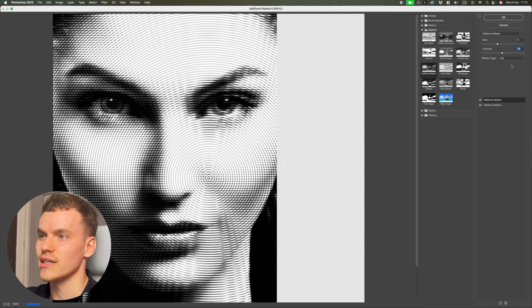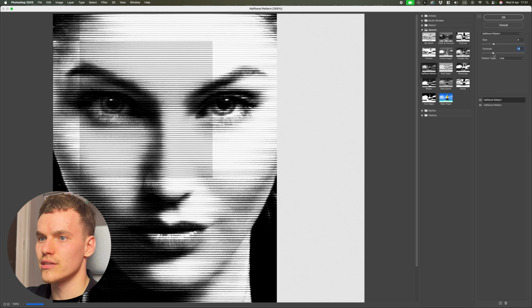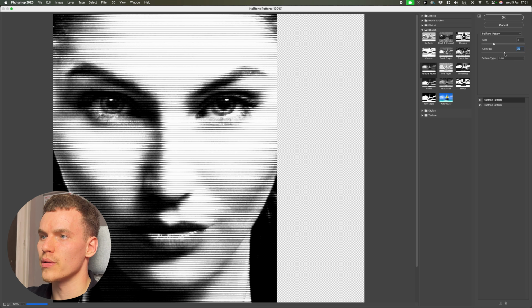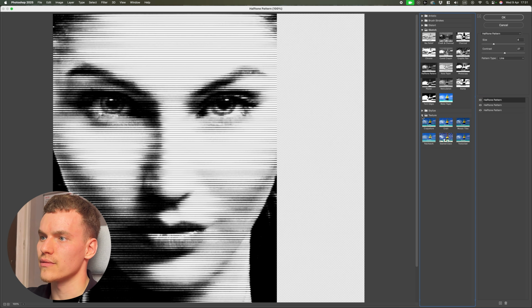For the moment, I'm going to stick it to a line, and then I'm going to change the values. So if I set this size to 4 and reduce the contrast a bit, or maybe put it up slightly, and about there is good for me. Now I'm going to press the plus one more time, and I'm going to look down for the texture folder